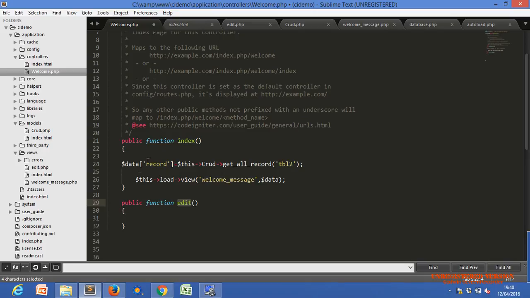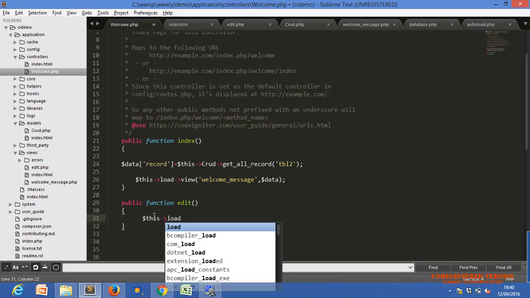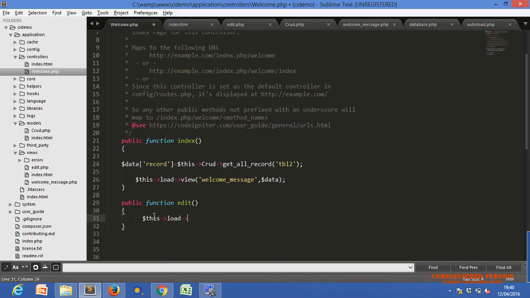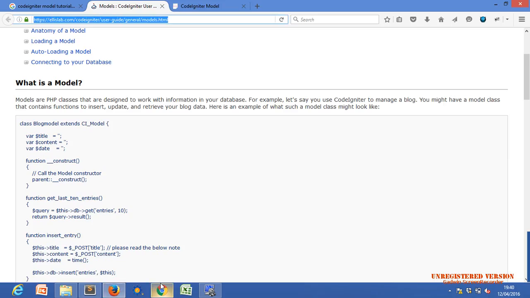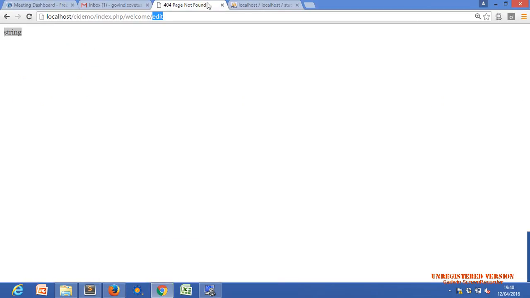Actually, the same coding. This is the code. This dollar. This is the load view. Same code. Dollar. Sorry. Dollar. This tends to load. Sorry. again. What is going on?